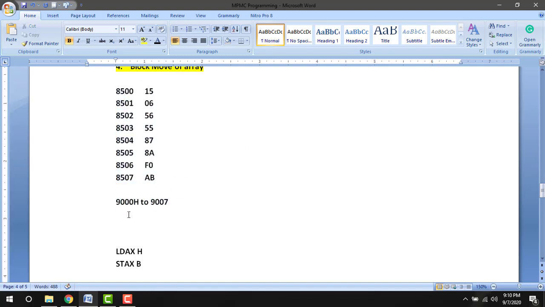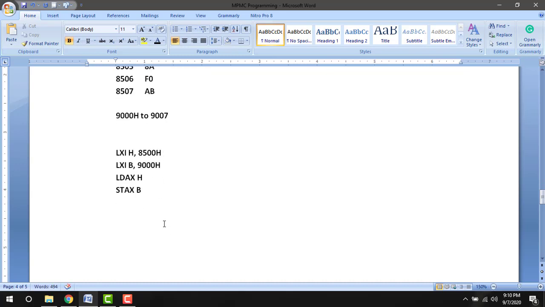So the first instruction is LXI H comma 8500H, because we are going to read the data from 8500 to 8507. So we are going to store the data to 9000 to 9007. So again we initialize another pointer, LXI B comma 9000H. So we can read the data using this LDAX, and we can store the data using STAX. So this is important.